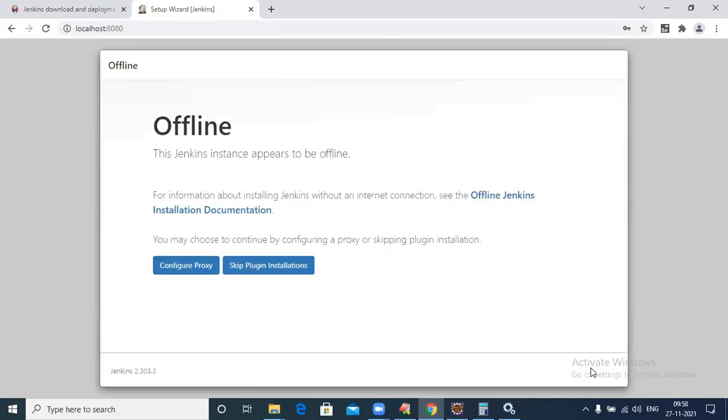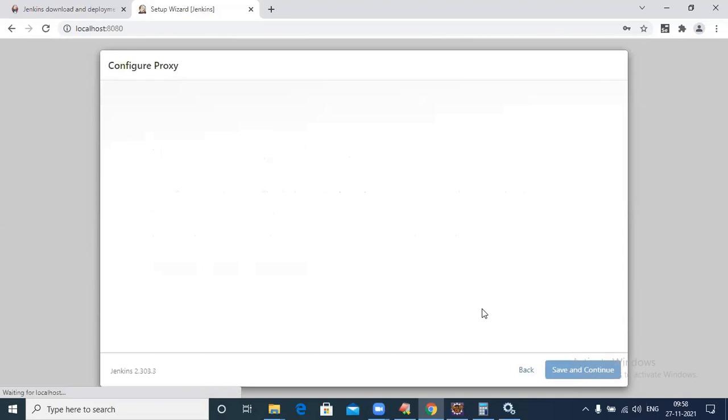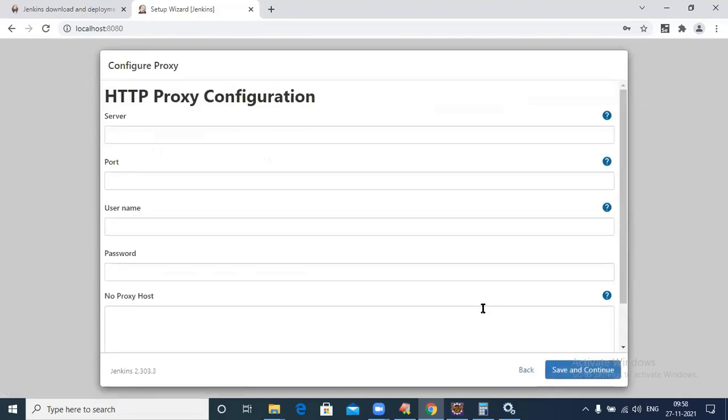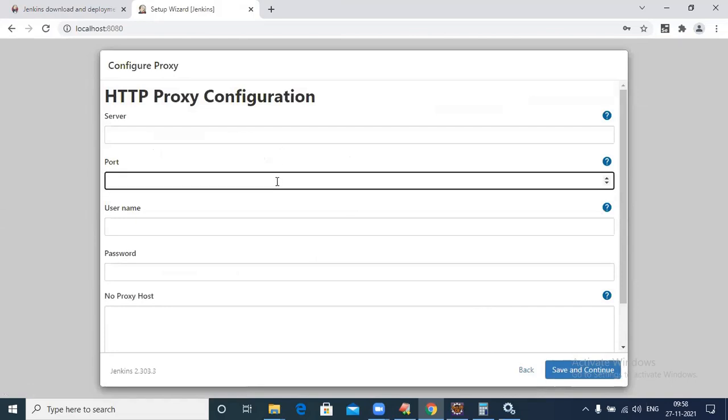Here only is the problem. What number do I know? 8080. What server do I want to give?